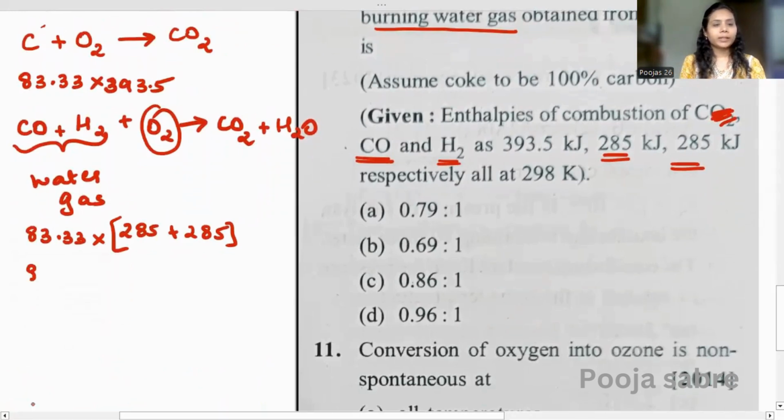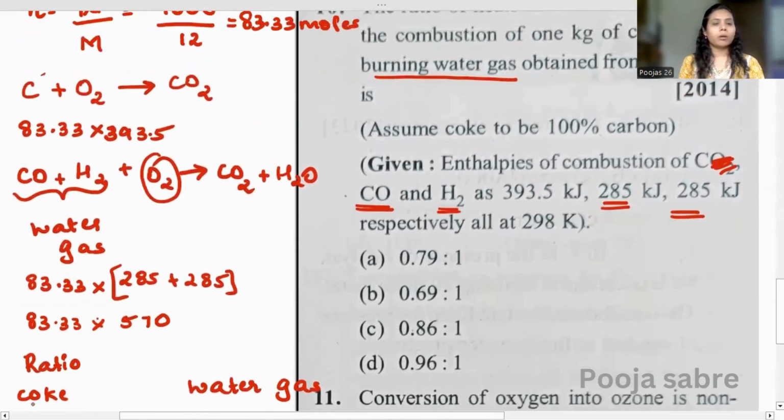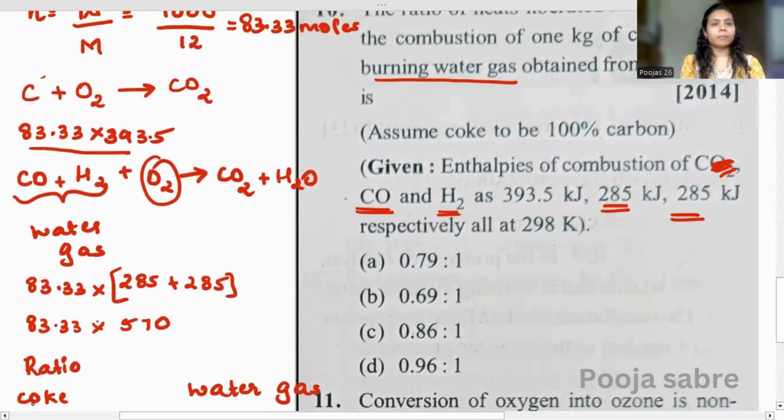And then we are going to write this as 83.33 into 285, it will give me 570. And then the ratio is how much? The ratio of, I'll write it down, coke on one side, and on the other side, we are going to write down water gas. Okay. What is the coke? This is the enthalpy. What is the enthalpy of coke? The enthalpy of coke is 83.33